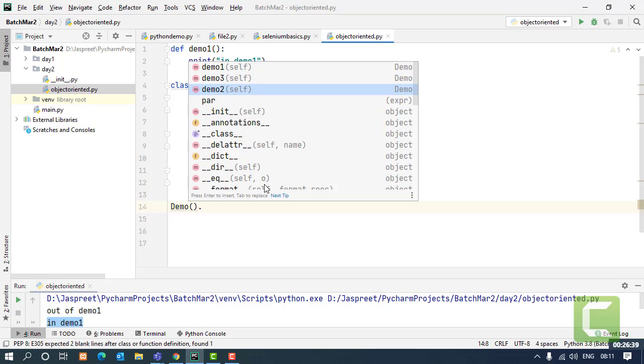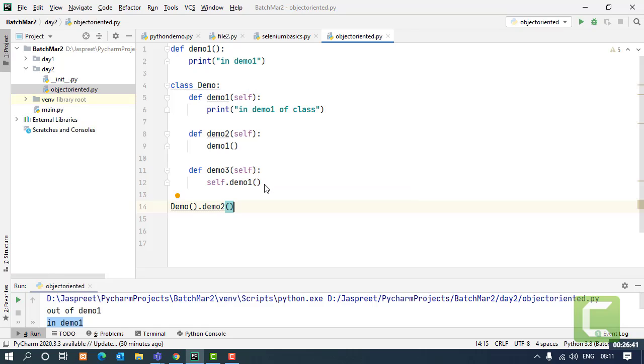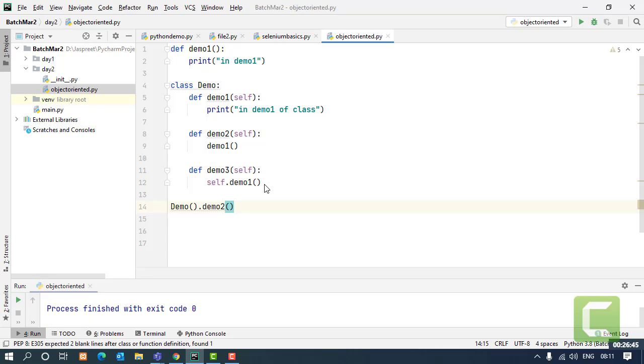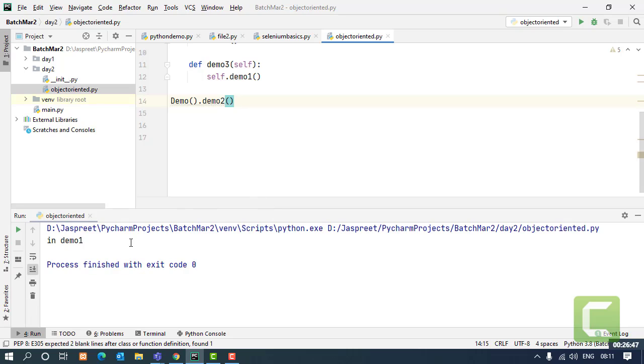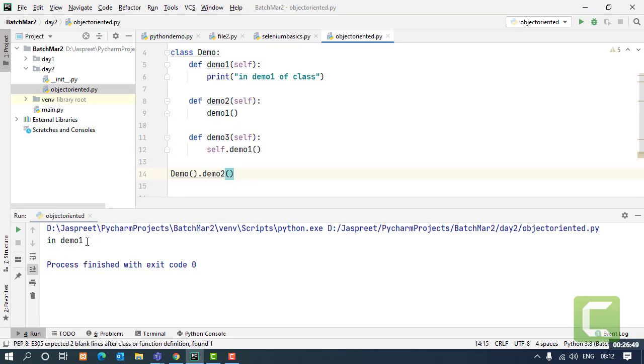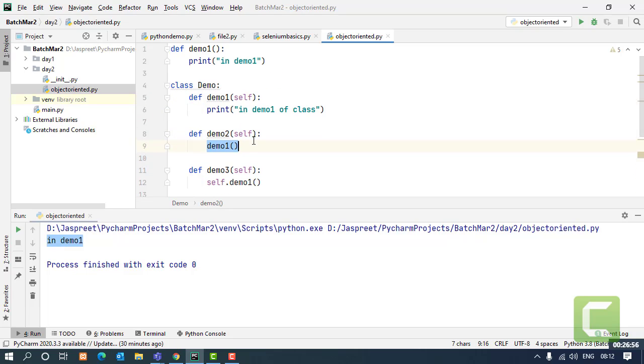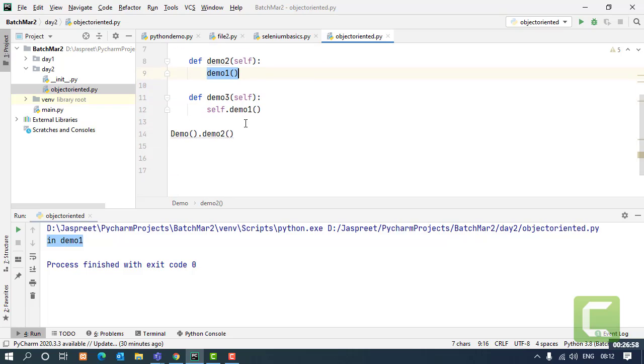Let's say I want to call demo2. I will call this and rerun my code, and what I got is the output of demo1, because the demo2 function is actually calling the independent demo1 function. So that's what we are getting here. Whatever you have inside will be executed.